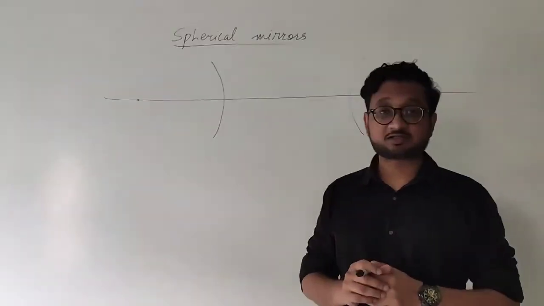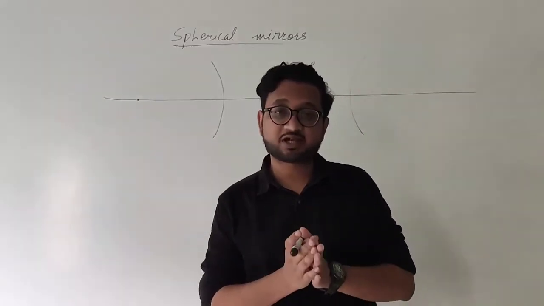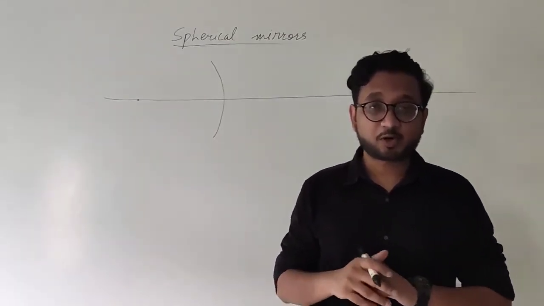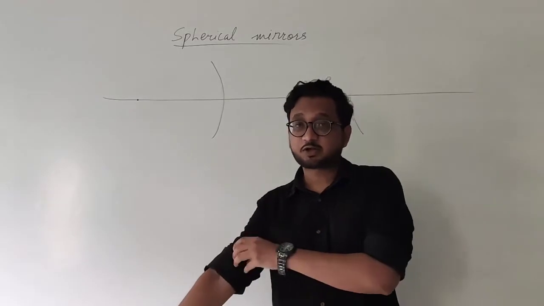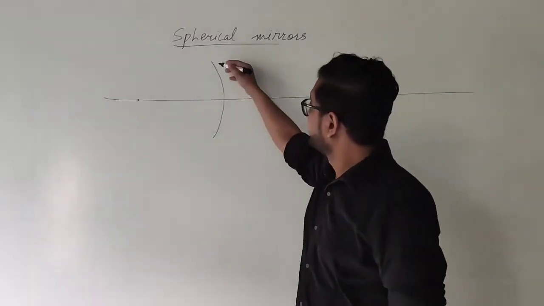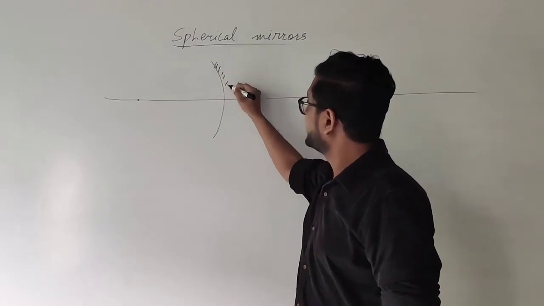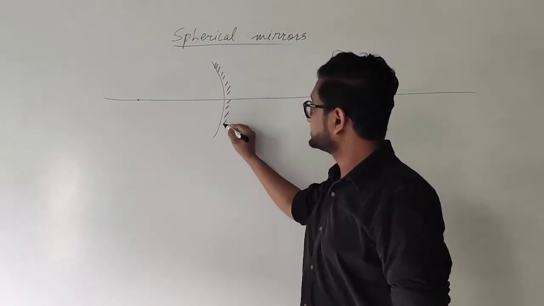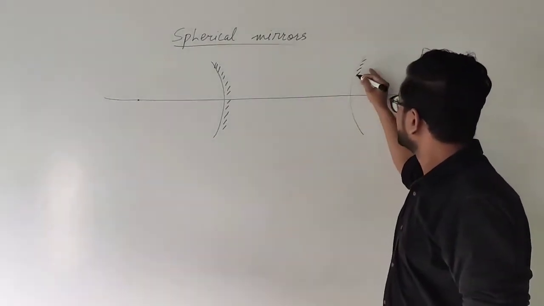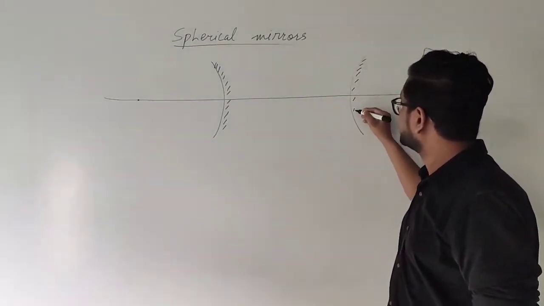And today we are studying a little further, but let's once again revise the previous topics that we studied in the last video, which are quite important for this one as well. So let's recall them one by one. We studied about spherical mirrors. We have two types of spherical mirrors: concave mirror, in which shiny surface is curved inwards, and we have convex mirror in which shiny surface is curved outwards.